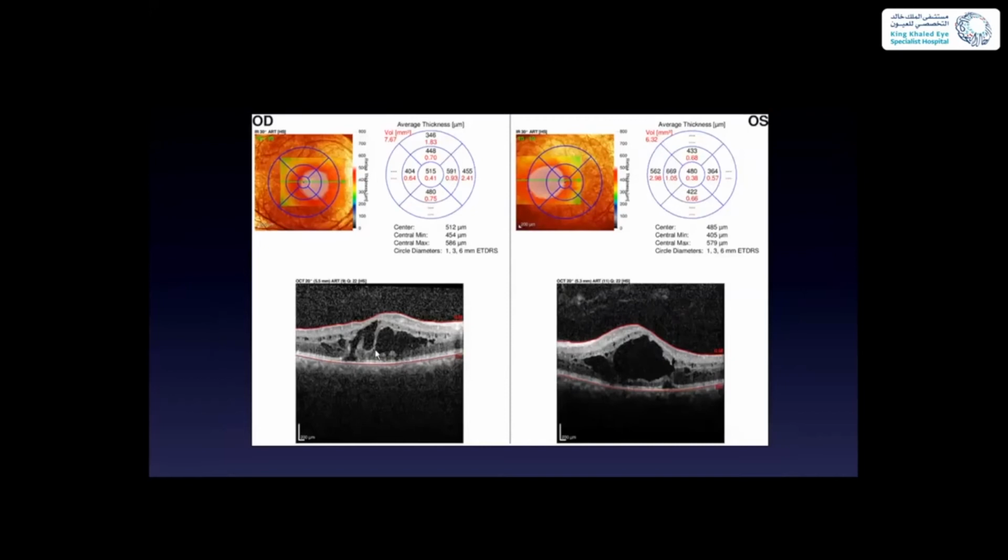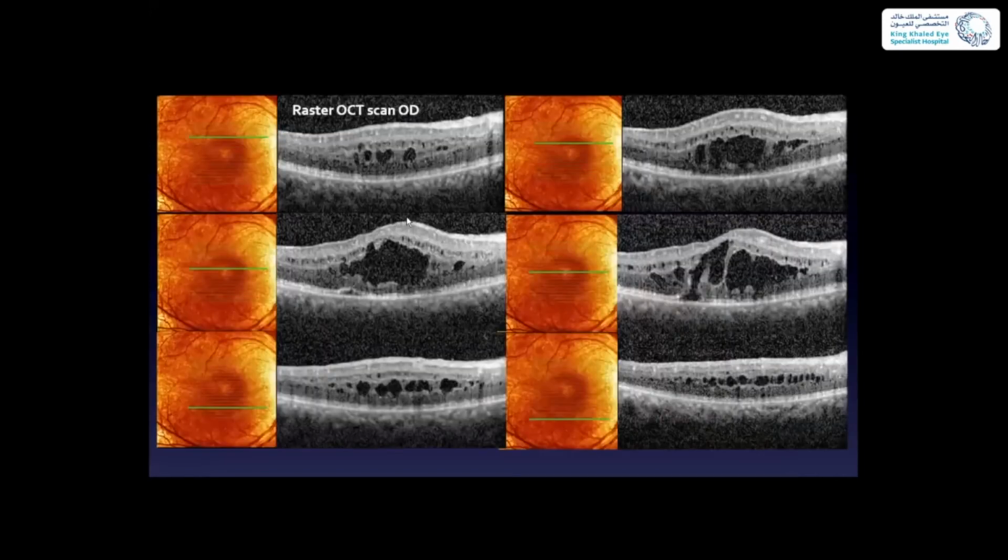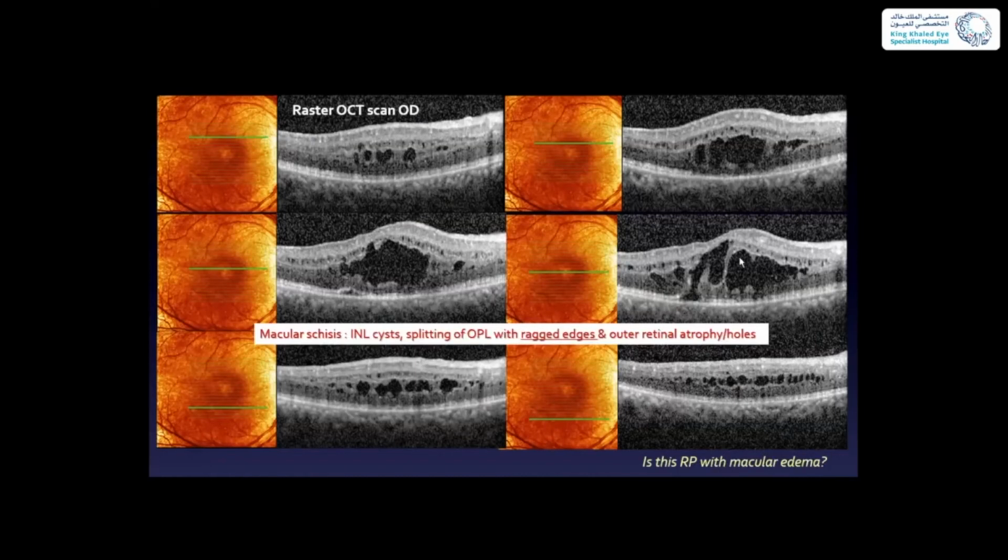showed the schitic changes. But let's look more carefully at the retinal scan in the right eye, where you can see on the raster scan, going up to down all the way here, that there are splits in the inner nuclear layer. I'm sorry, that there are splits here, that they're inner nuclear cysts that you can see throughout the macula